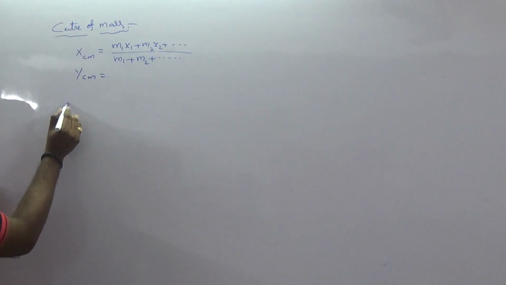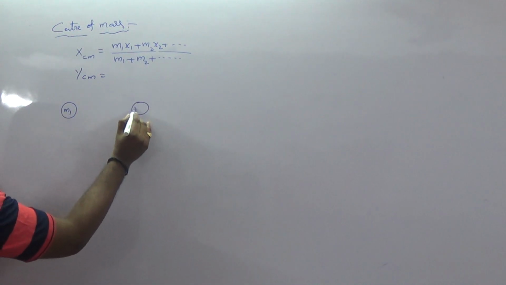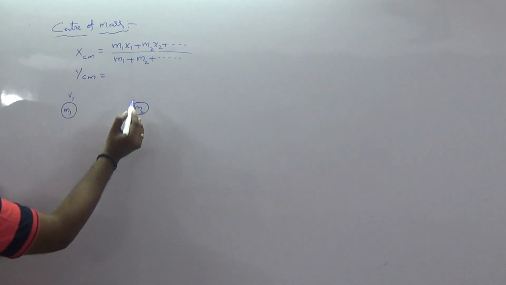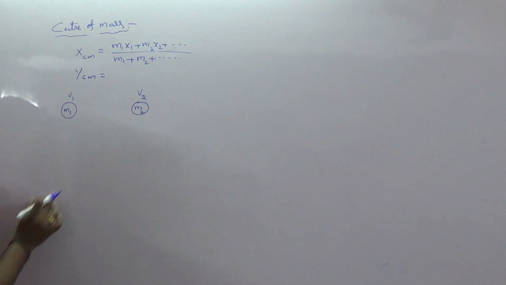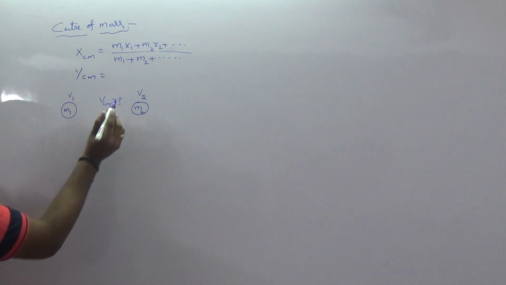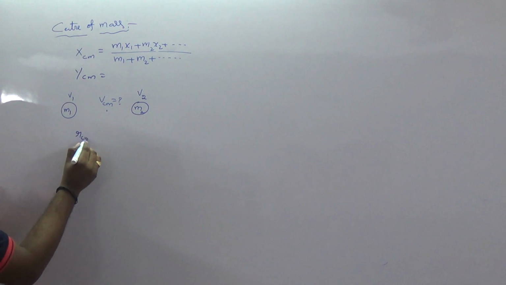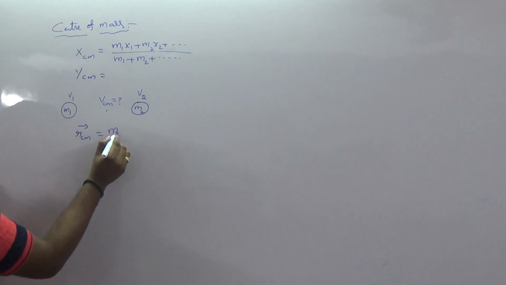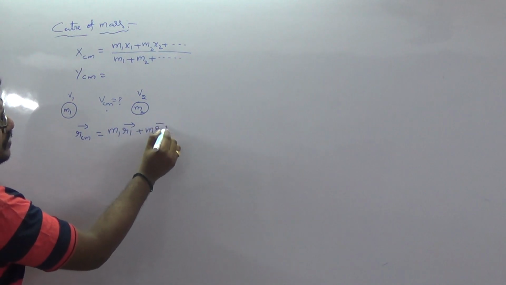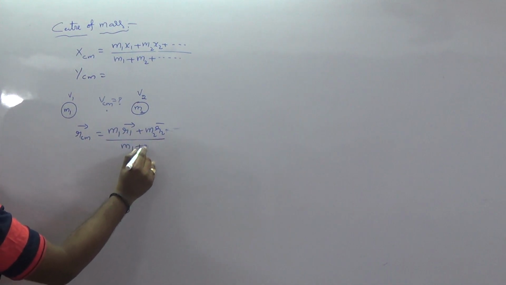For example, I am taking that the particles are in motion. This is the first particle, this is the second particle. The first particle is moving with velocity v1, the second particle is moving with velocity v2. In this situation, for the velocity of the center of mass, from the formula, R_CM is equal to the position of the first particle R1 plus the position of the second particle R2 and so on, just only two particles, and why you can take m1 plus m2.